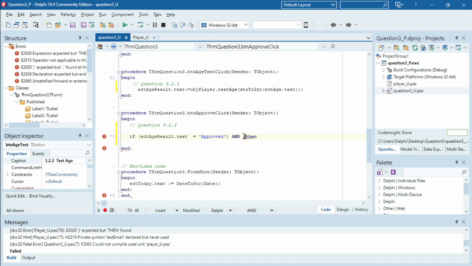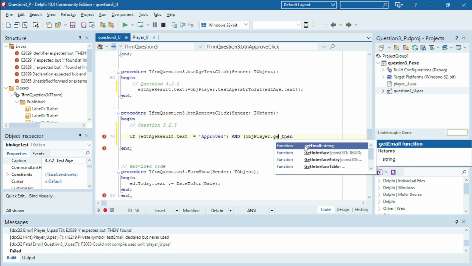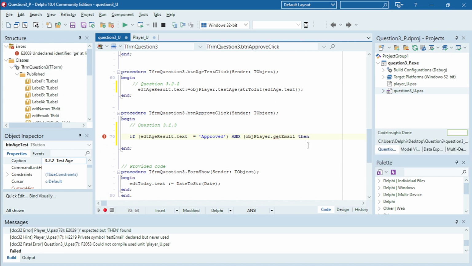And now I'm going to call the get email, because I need to get the email method, and if that get email was assigned the error message. Okay, so I have two tests here. I need to test for approved, and it should not be an error message, or should not be error inside the email. Then